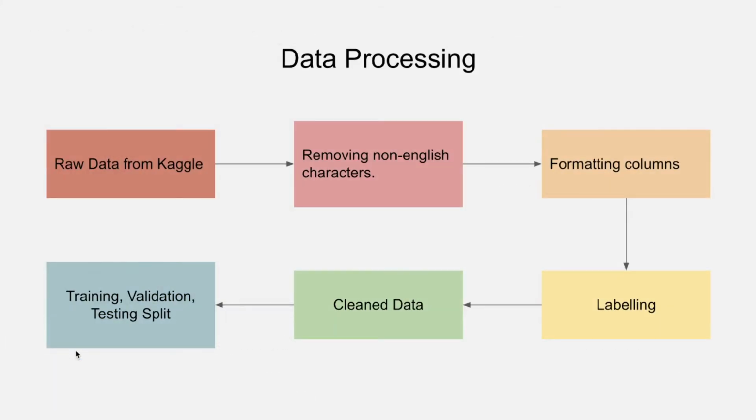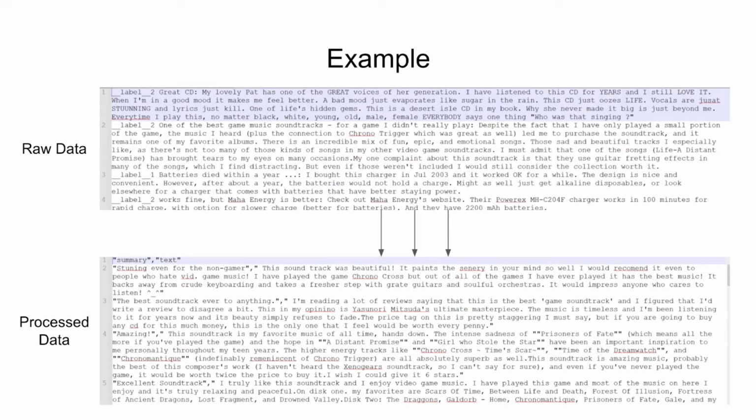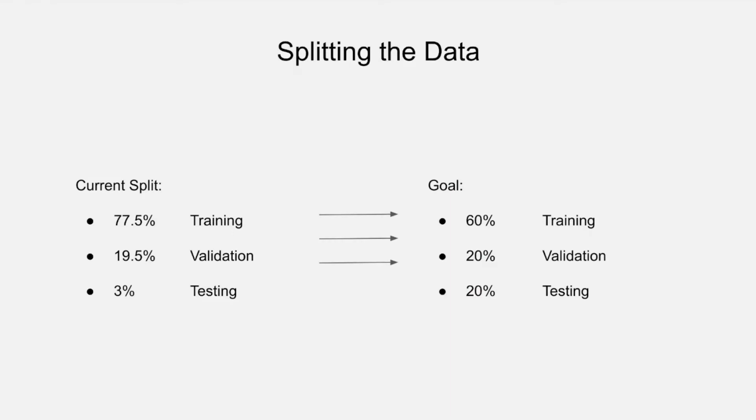Data processing was done with scripts on Colab or Jupyter Notebook. We collected the raw data from online where there would sometimes be Unicode characters, and after formatting and labeling the data, it would then be split for training, validation, and testing. An example we have here is the Amazon reviews before and after processing. The labels 2 and 1 mean good and bad sentiment, followed by a summary or title of the review, then the review itself, and were formatted into 2 columns containing summary and text, which could then be passed into our program. Shown on the left is the current split for training, validation, and testing, and we aim to find more data and work towards a ratio of 60, 20, and 20 for the future.